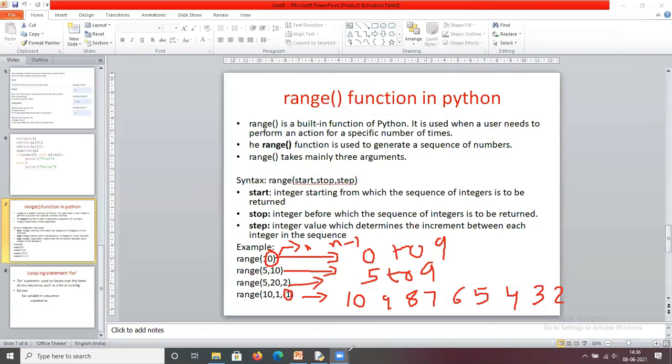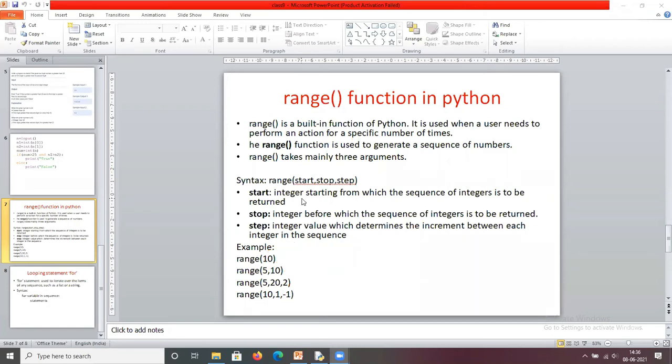Now, whenever you are going to use these range functions, you have to remember some points. The range function only works with integers. Here you are using start, stop, step. You give only integers.